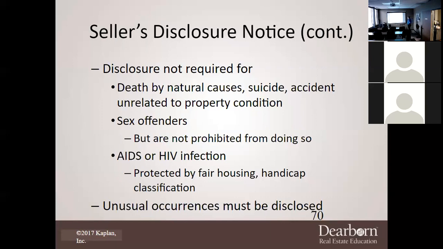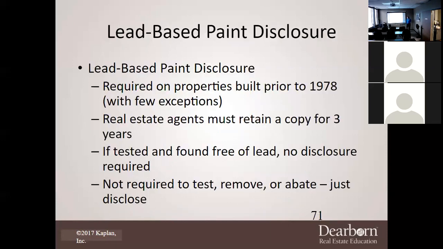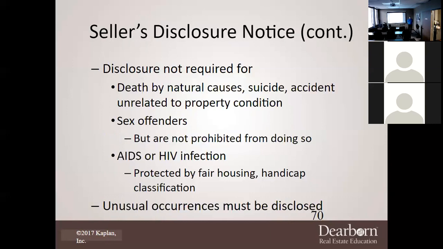Again, unusual occurrences, though, must be disclosed. Okay. What's an unusual occurrence? I knew you were going to ask that. It's been worded in a way of saying things that are not normal. When I'm talking about not normal, I'm not just talking about ghosts, spirits, and things of that. I'm saying that if there's theft or if there are parties, things that a person normally would not expect, if that makes sense.